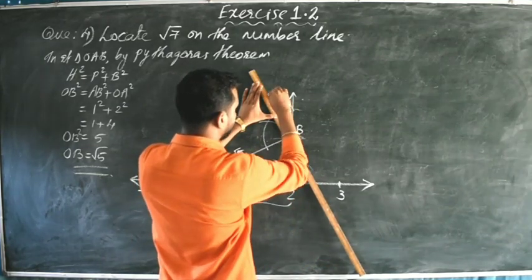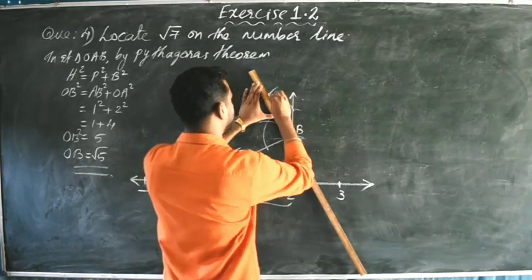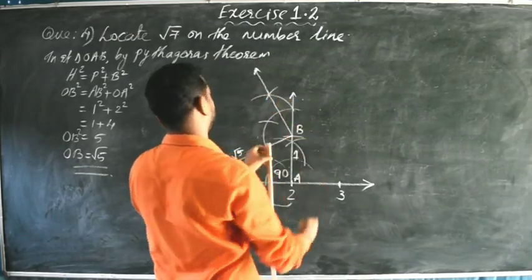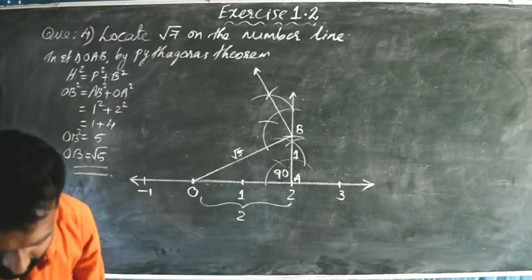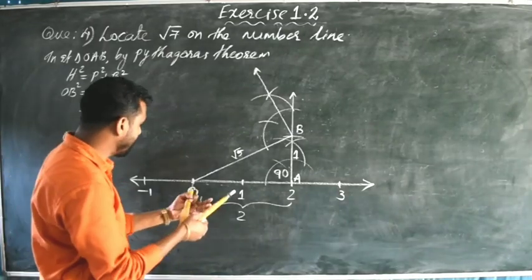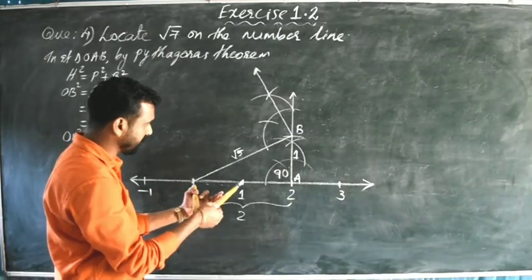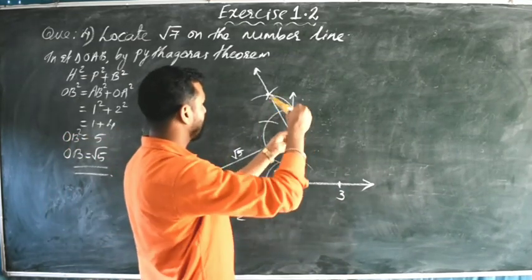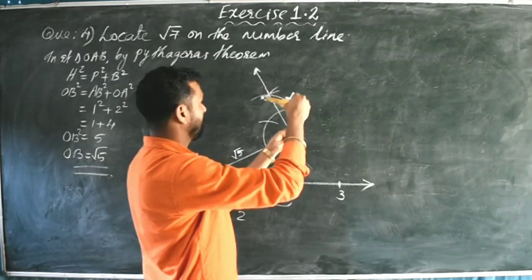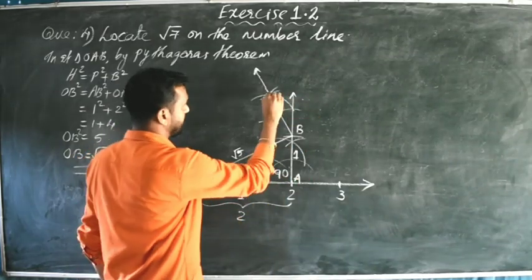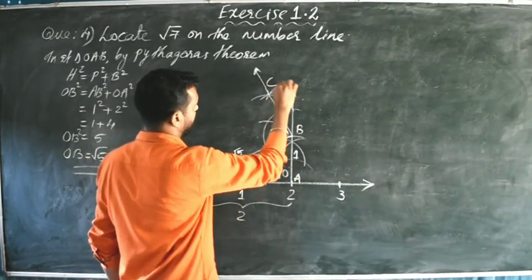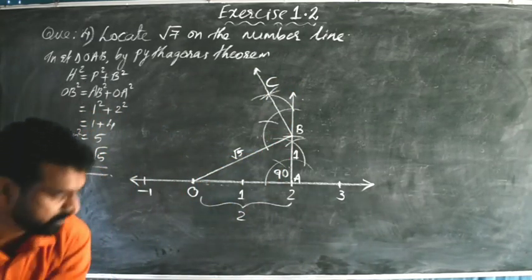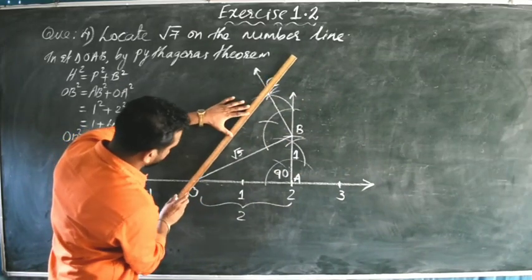Here we got a point outside. B and that point we have to join. Then give an arrow mark here. Now again one unit there, this same 1 unit we will mark there. With B as center, draw an arc here. This one is the point, we will mark it as C. Now join OC.